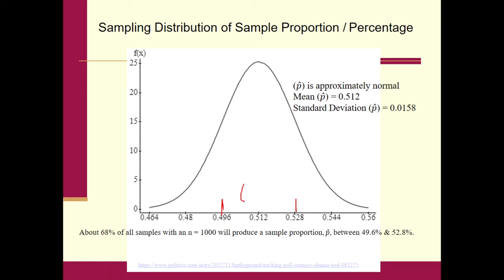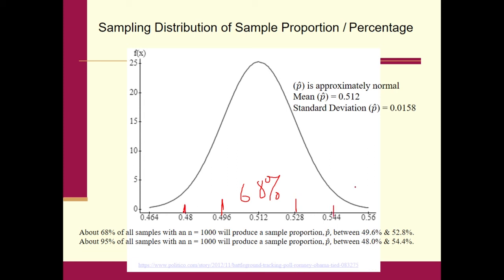So 68% of all the samples are located within one standard deviation of the mean. Makes sense because it's bell-shaped, it's normal, so we can apply the empirical rule. So 95% of all the samples will produce a p hat between 48% and 54.4%. And finally, 99.7%, practically all of them, will be between